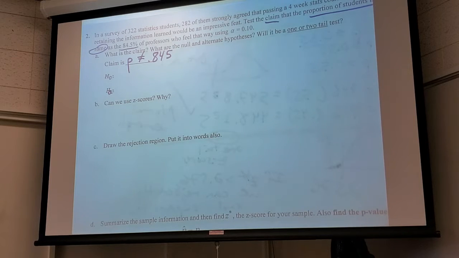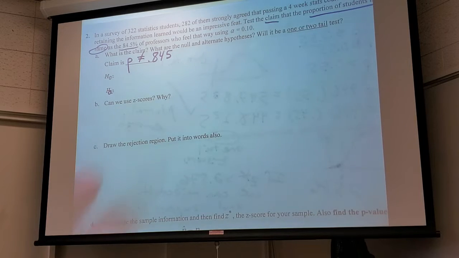So what has to be true to go in the null hypothesis? The statement must have an equal sign. This has the exact opposite of that, correct? So where should this go? In the H-A. Do you guys understand? Is that right? This definitely doesn't have an equal sign because it has the not equal to sign, the complete opposite of that.